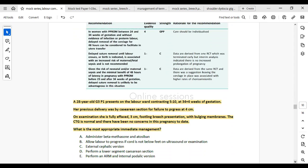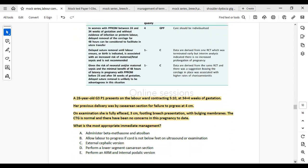Okay, love this one also. A 28-year-old G3P1, she is contracting 5 in 10. Wow. And she is 34 plus 4. Her previous delivery was by cesarean section for failure to progress at 4 centimeters. If this woman is going to continue with vaginal delivery, is it what we are going to call it? Until here, I didn't finish the scenario, but if this woman is having established labor and she's dilating, yes, VBAC,